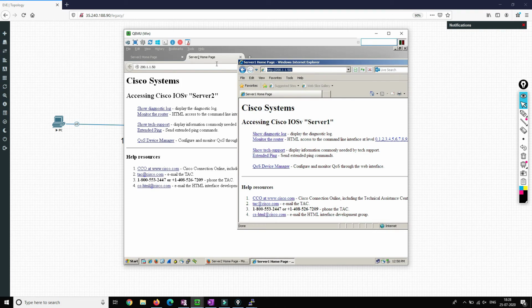As this is Firefox, it may be a different thing, but as we are accessing the same page, same content, it may redirect to the same server. That is the reason we are seeing server 2. But if we try from another browser, another session will come into the picture, so it will go to server 1. So this is how the load balancing and the port forwarding works.